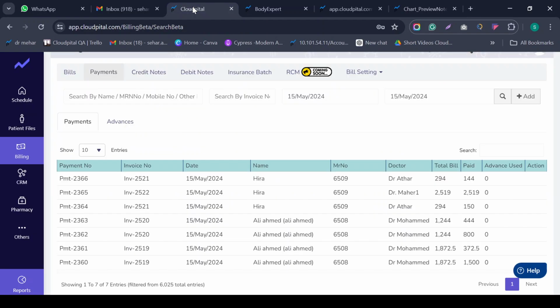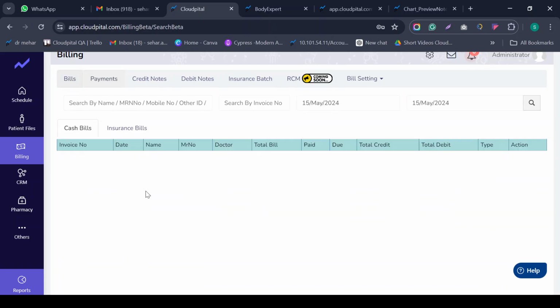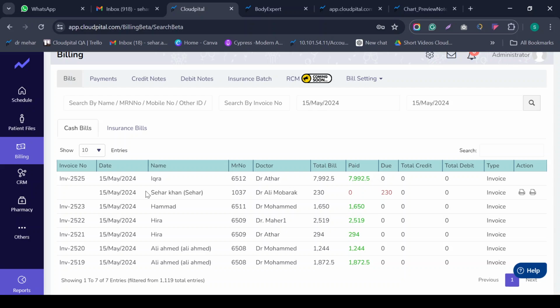If I go back to the clinical and main screen of the billing, in the bill section we can see that this patient will be shown in our cash bills category under the date, with the doctor name and the total bills. Currently, because the patient is only taking the services but has not made any payment, all the payment goes to the dues amount.